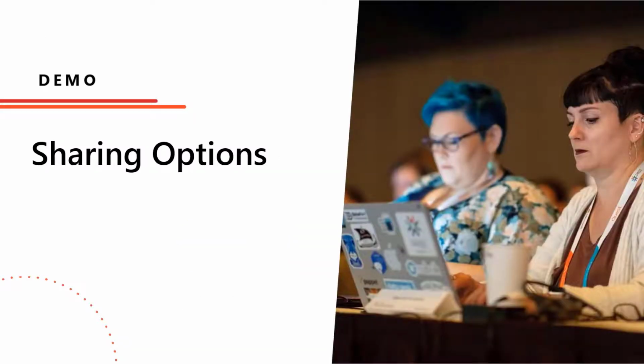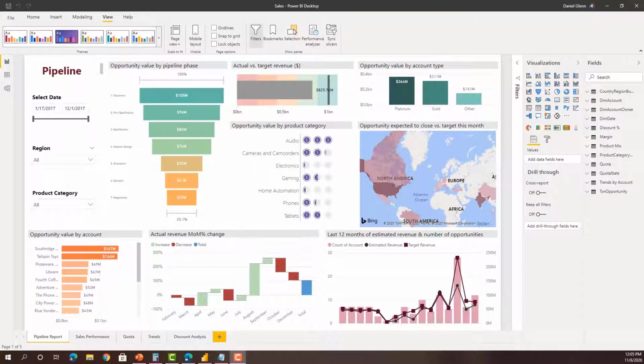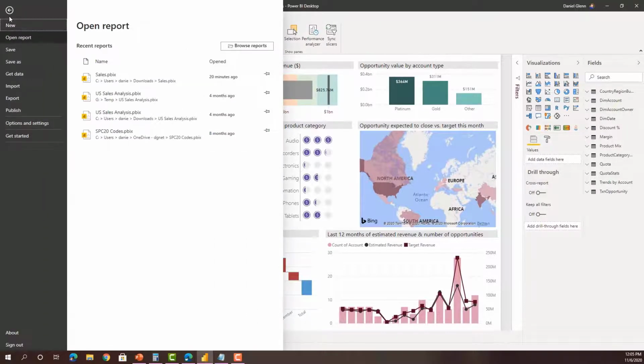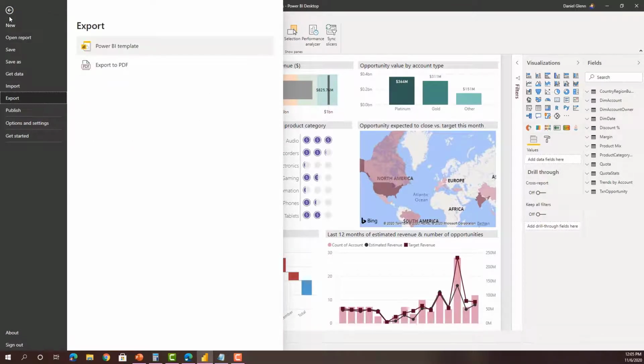Now that I've talked about all those sharing options, let's dive in and demonstrate how we can use and share our data in Power BI. Okay, let's first start with Power BI Desktop. And what are our sharing options here with just utilizing the desktop application on our computer? First, you'll notice there's no share button here in our workspace on our canvas, but we can go to File and Export, and we have two options.